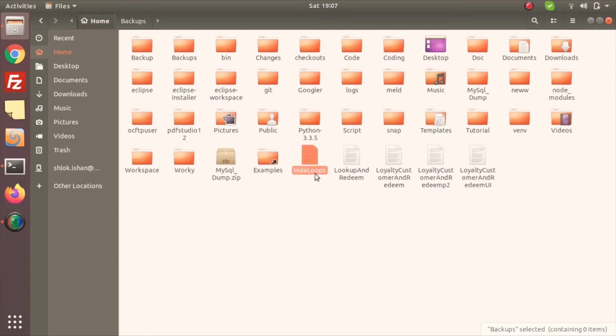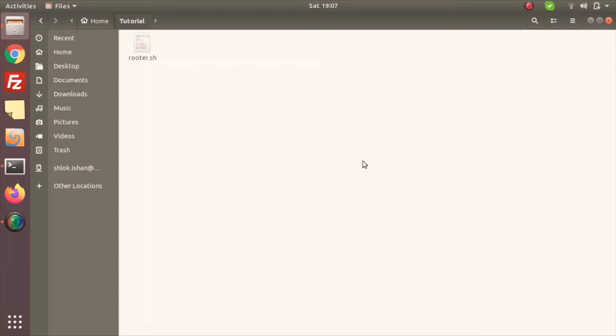So this is a file named hula loops, and I have already run that script before this tutorial. So yeah, I'm just going to paste it, and as you can see, this is a temporary file.